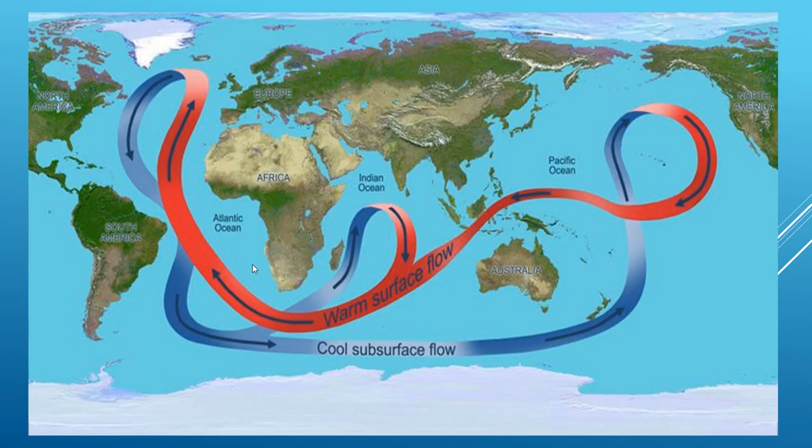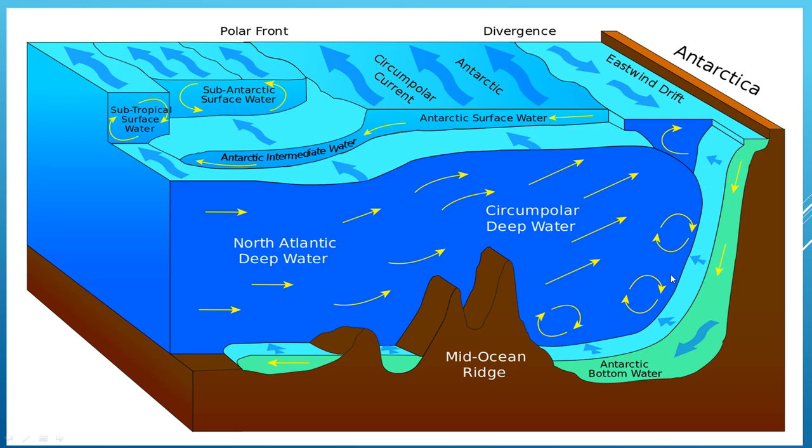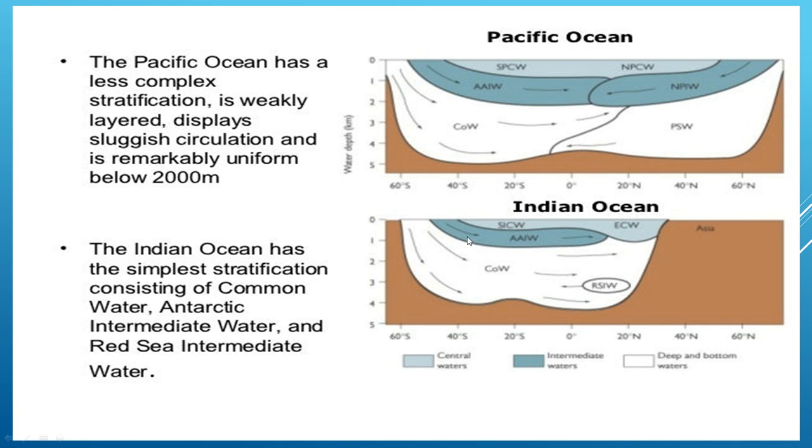And one other thing I want to mention is when we see something like this here, like the Antarctic intermediate water, the common water here, this is going to be a density interface. And you can get internal waves that can propagate along these density interfaces. Same thing up here, same thing over here. And these propagations can also distribute